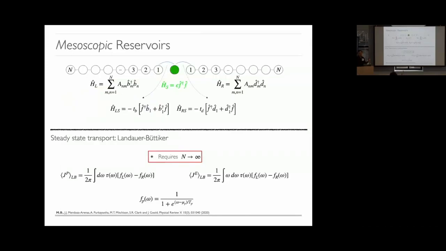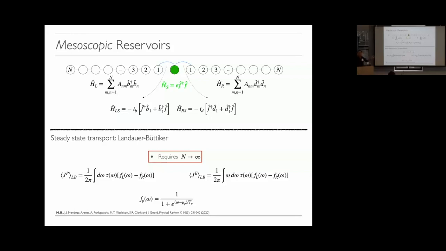Let's start very nice and simple. For the sake of the argument, I'm going to consider a system with just a resonant level, okay? Just for the sake of this derivation, but at the end, this is going to be something completely general. We're going to have a reservoir modeled by a chain, okay? Some people may know this as chain mapping. Basically, you have a bath that couples locally to your system via some interaction Hamiltonian. And as of right now, everything is quadratic, okay? So everything can be exactly solved.